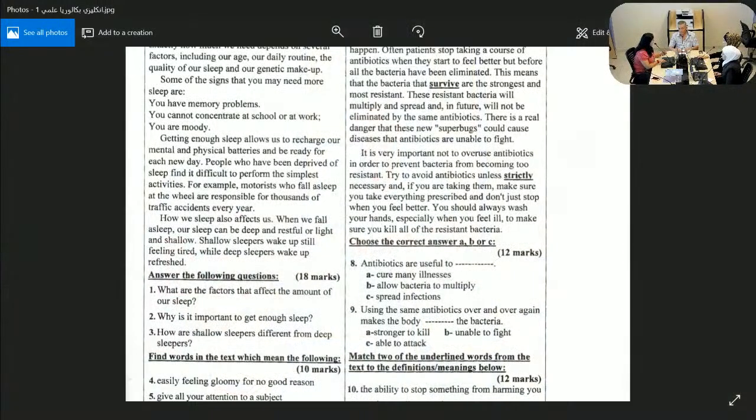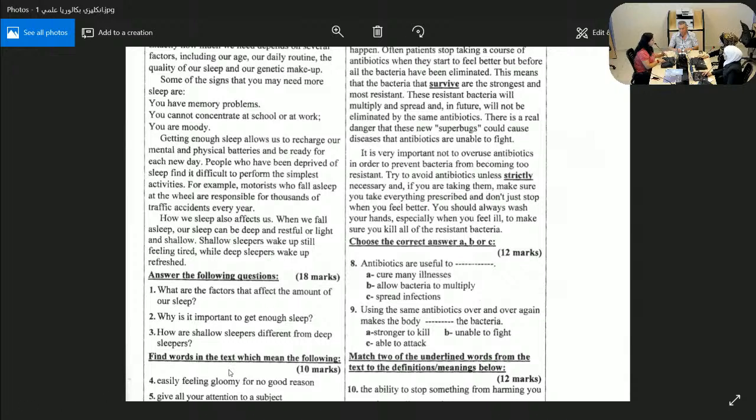Okay, so the first text is to read the text, then do the task below. Here we have multiple choice. We have answering the question. We have 3 questions for the scientific part, and I think more for the literary section. So here we have questions to answer from the text.